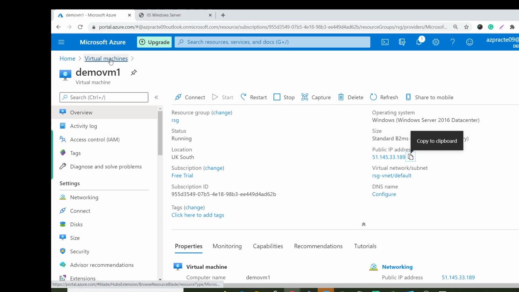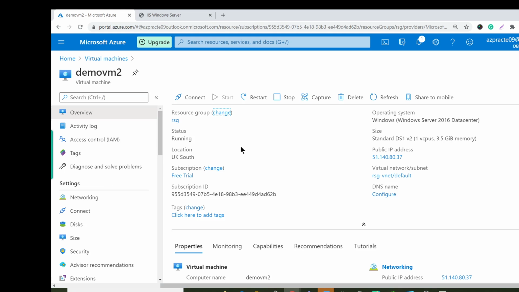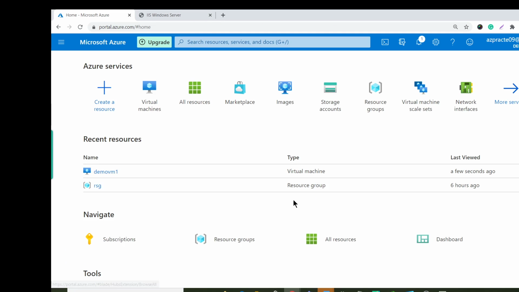See, this takes us a little bit of time to create a demo VM. What I'm going to do is show you how we can do a custom extension. There's an option. I'll show you how we can do that. Okay, so we go to demo VM2. For that purpose, we need to create a storage account first